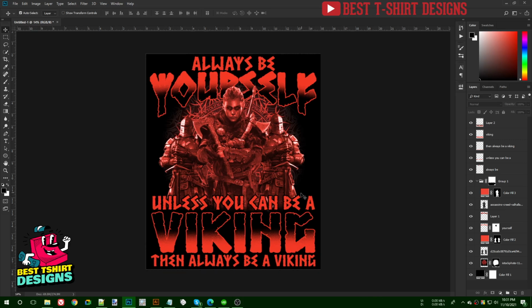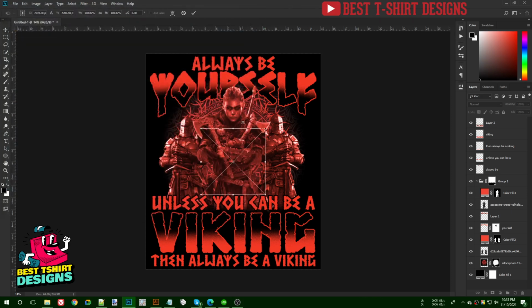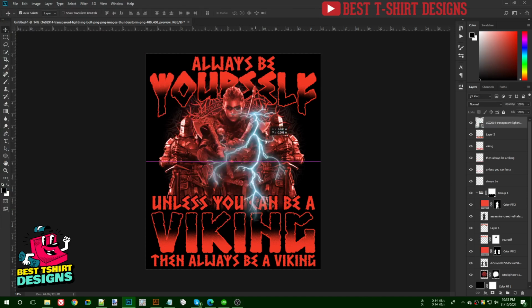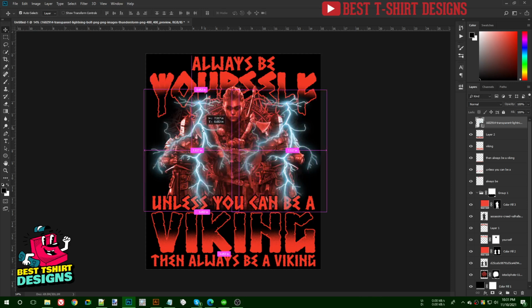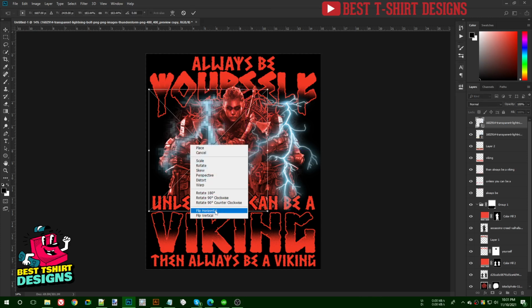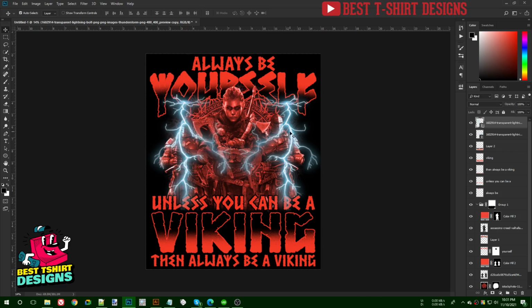You can see there is some empty space in our design, like this one and this one. We can simply fill that with different graphics. For that I downloaded some effects. This is a lightning effect here. I'm going to place it here just like this, and this one I want to place here, and then another one I want to place in this direction. I am not going outside of that original design area. That is good for me. Okay, so something like here, and then maybe this one a bit closer to each other inside.